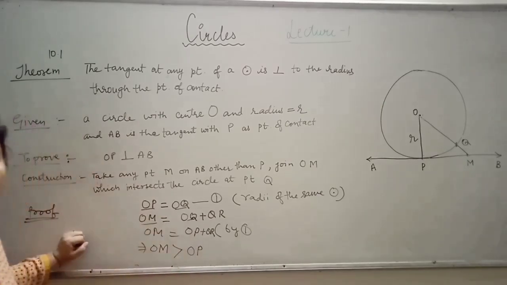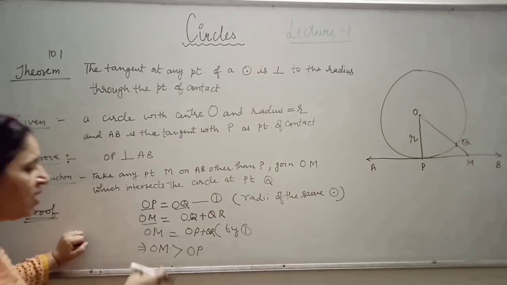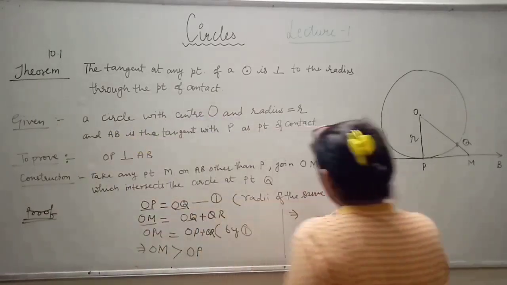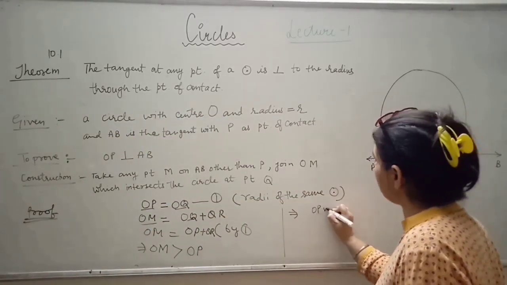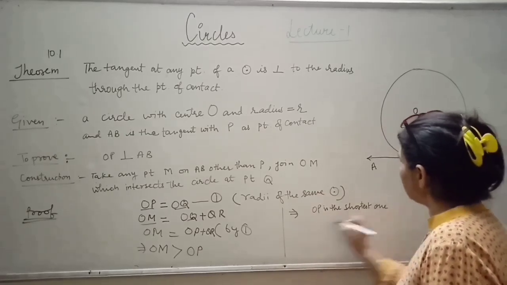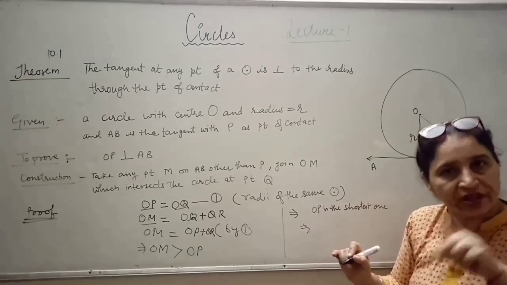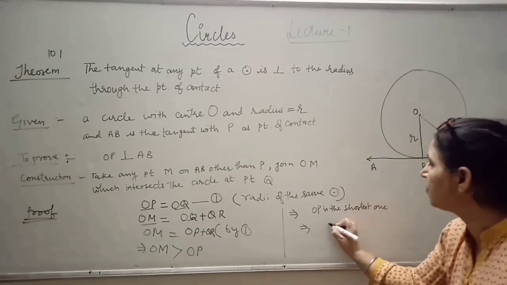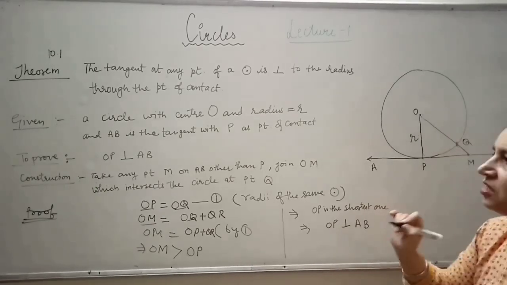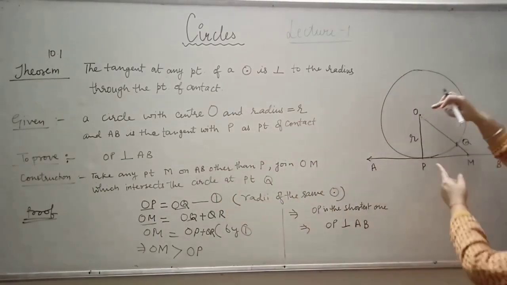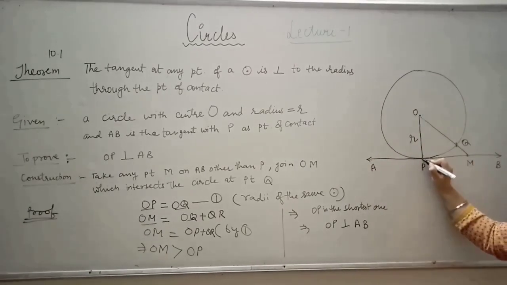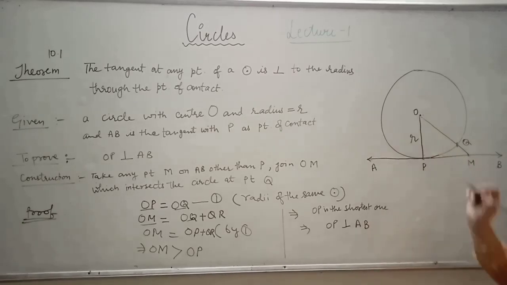It means which one is the shortest one? OP is the shortest one. This implies, and as I told you, the shortest one is the perpendicular. It means OP is perpendicular to AB, and this was what was to be proved कि ये जो आपका रेडियस है वो AB पर परपेंडिकुलर होता है at the point of contact।